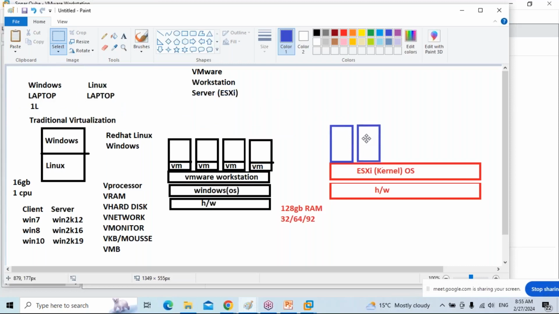We'll always work on virtual servers. Like this, we can create n number of virtual machines.